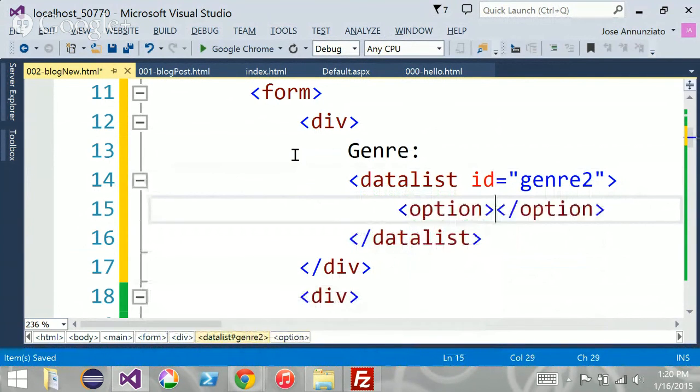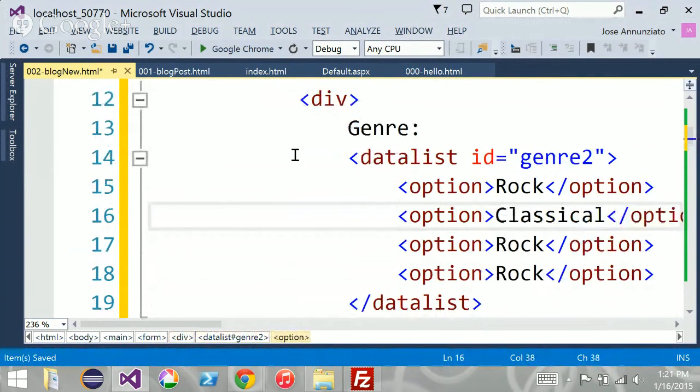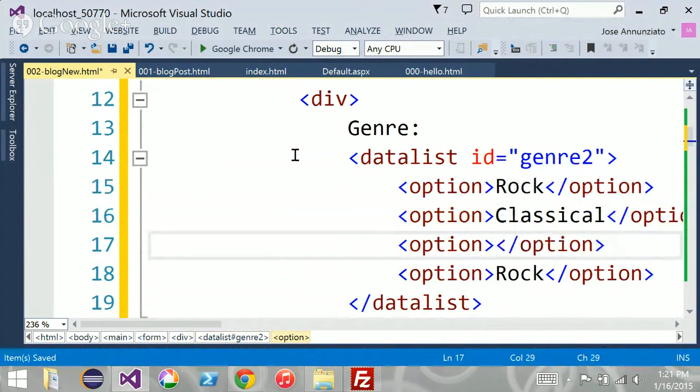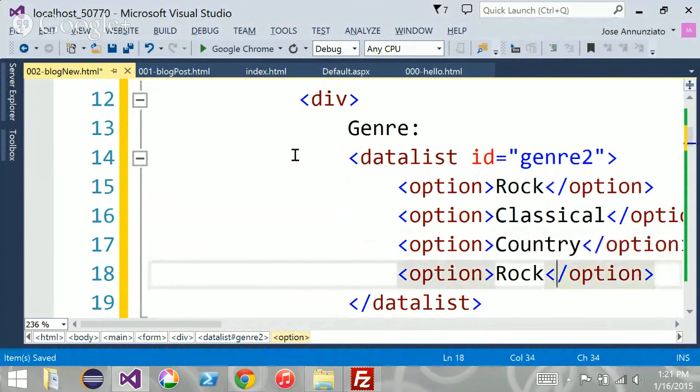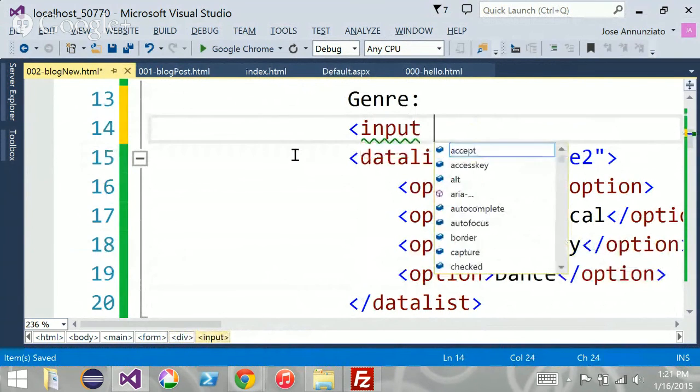And in the data list, I can have options in here that might be, again, rock. And I might have a classical. I might have country and dance. Okay, and then the data list can be referenced from an input field of type